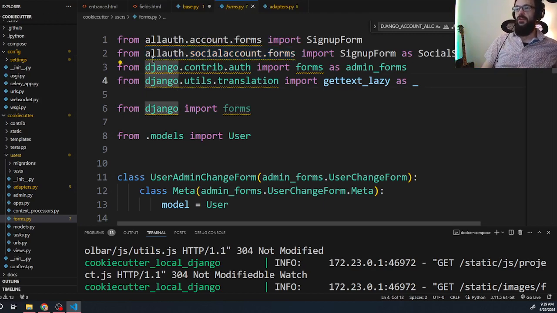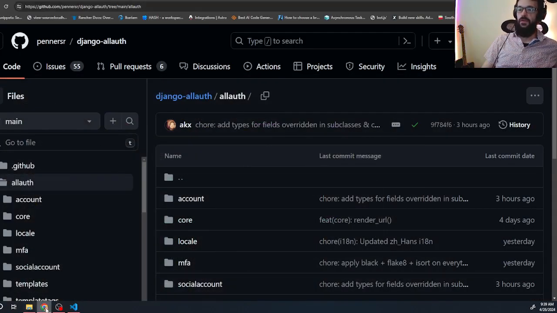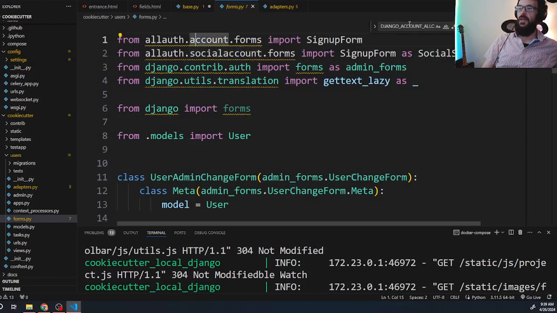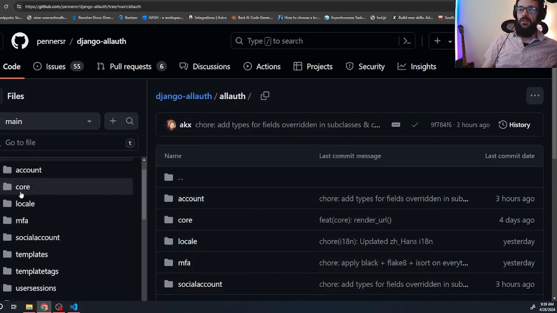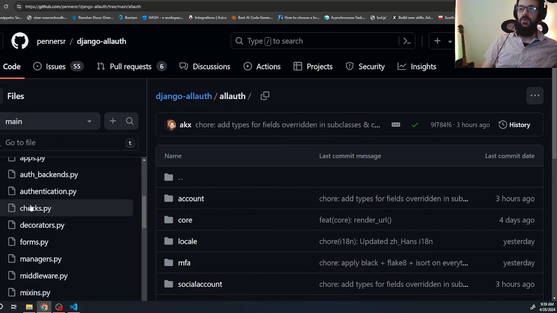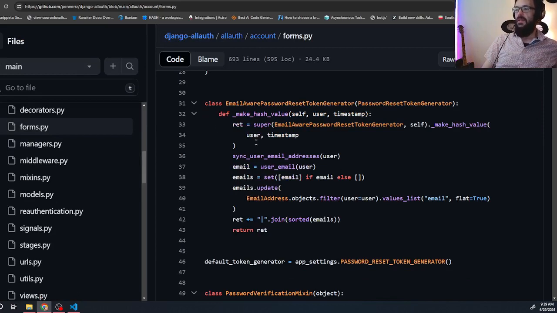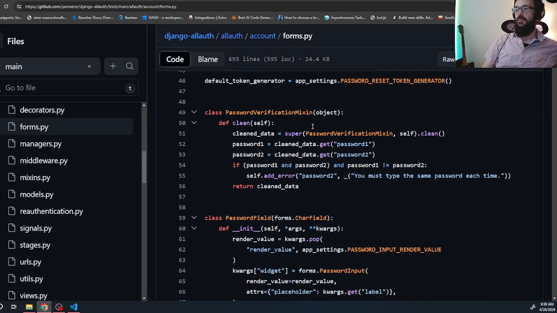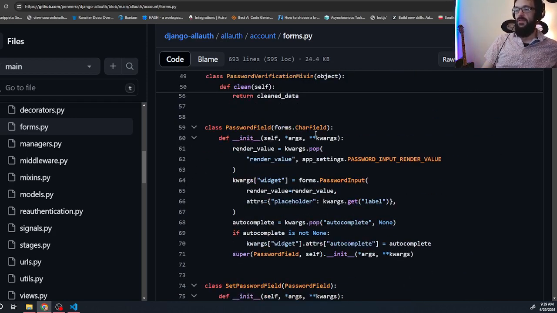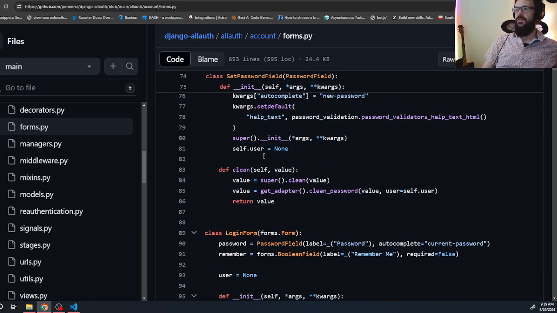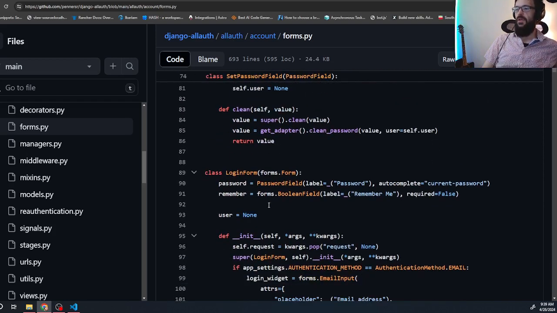So just so you know, you can go to Allauth, social accounts, and forms. Wait, not social accounts though. We want Allauth accounts, right? We want the top one. Accounts, forms. So I'm in Allauth, I go to accounts, and then I go to forms. In this file, you will see that there's a lot of forms available for the Django Allauth system. A lot of them are used: email, password reset token generator, password verification mixin, password field, set password field, which is extending password field, login form,